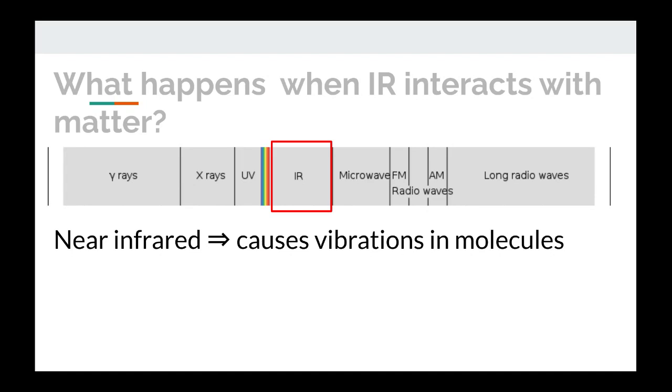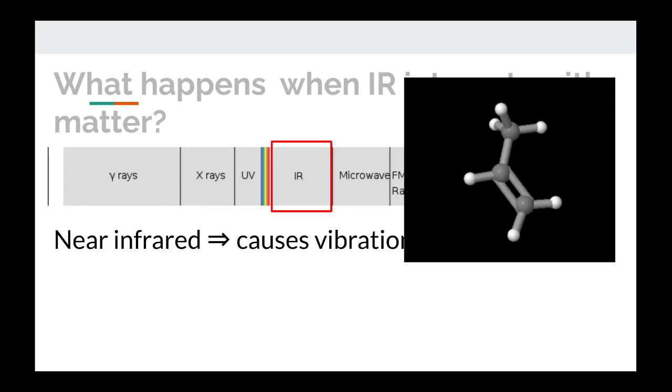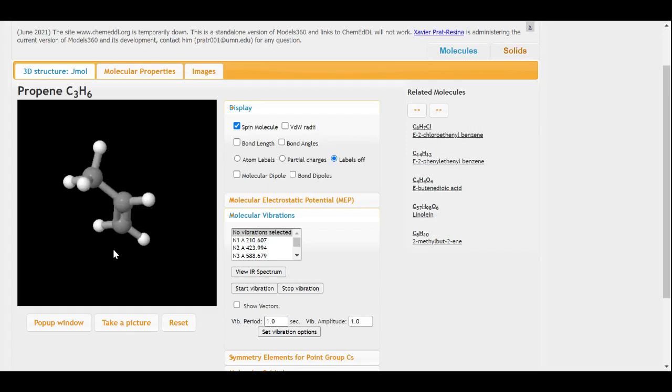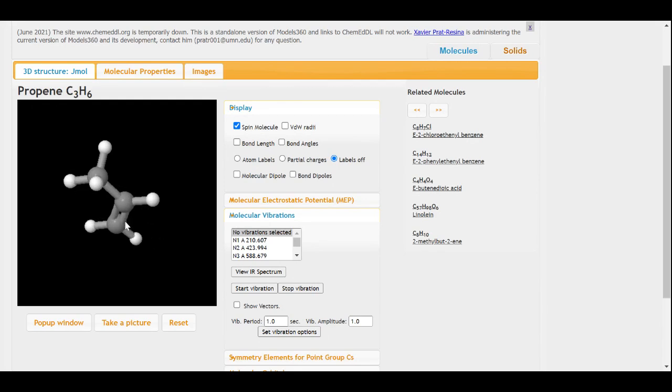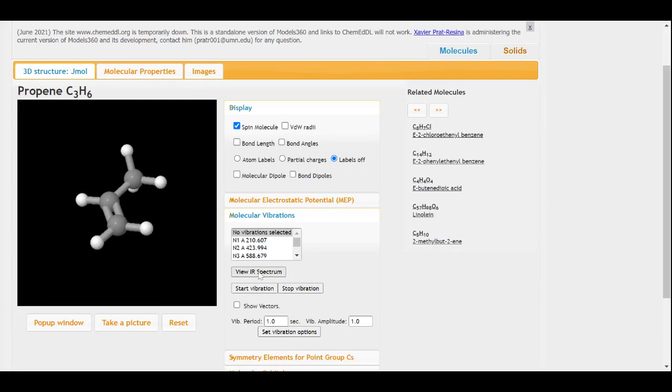this causes vibrations in molecules, like this. And different wavelengths will cause different vibrations. This tool from the University of Minnesota can give us a visual feel for what we're talking about here. This is a molecule of propene. The gray atoms are carbon and the white atoms are hydrogen. You can see there's a double bond and a single bond between the carbons, and then single bonds to some hydrogens. If we look at the infrared spectrum